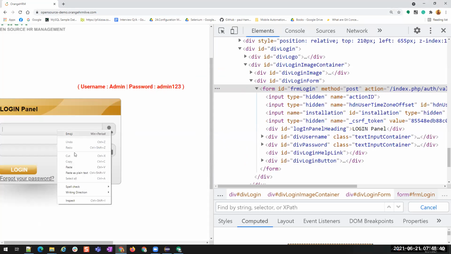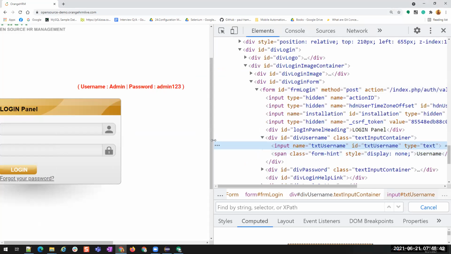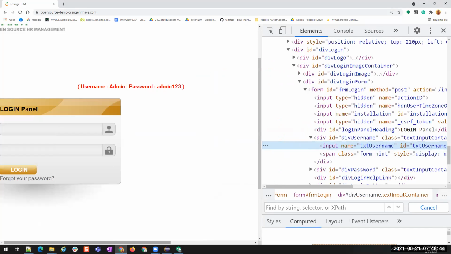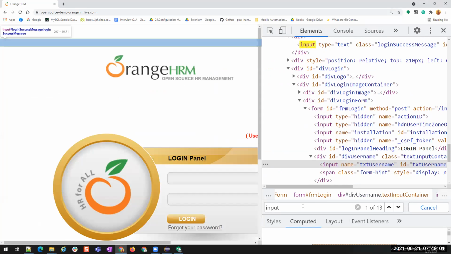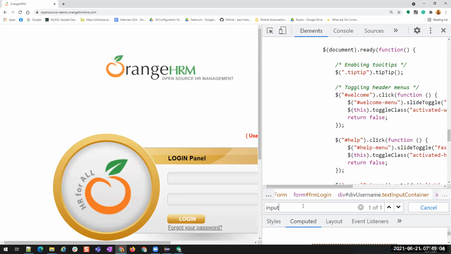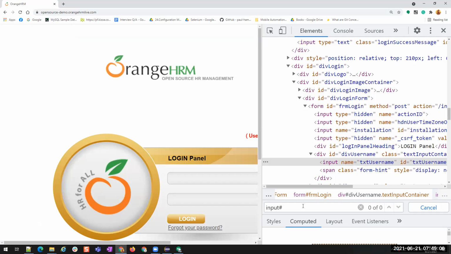Okay, now if I take this inspect, you see here this one has a name which is starting with txt user, right? If I want to find this element using starts with, then what is the HTML tag? It's input. And for name, I do not have any shortcut. For ID, I have hashtag.